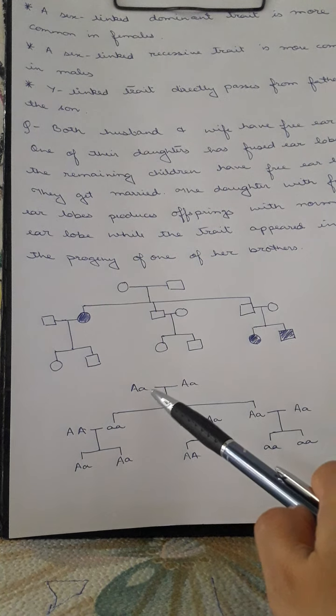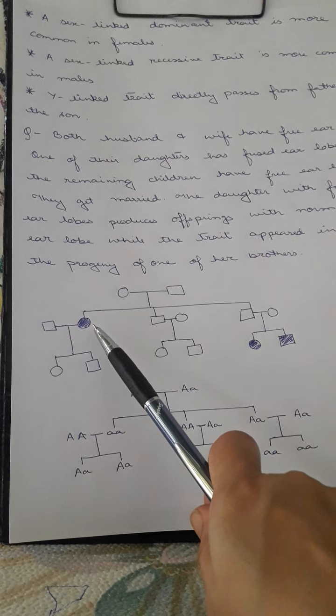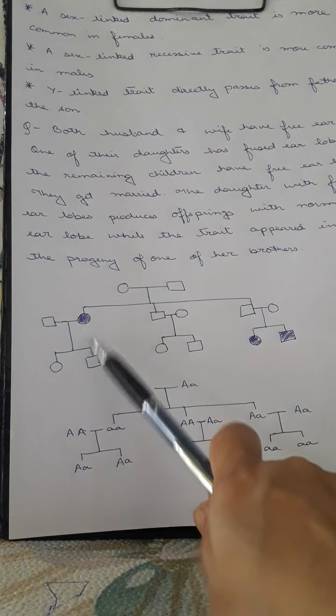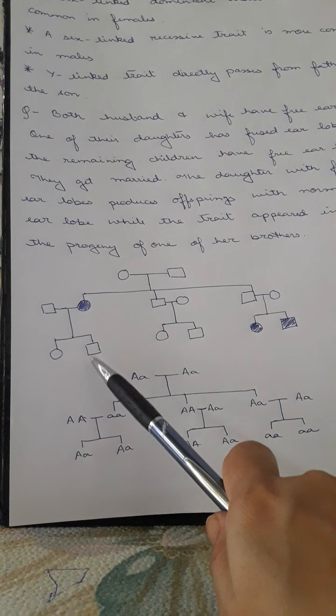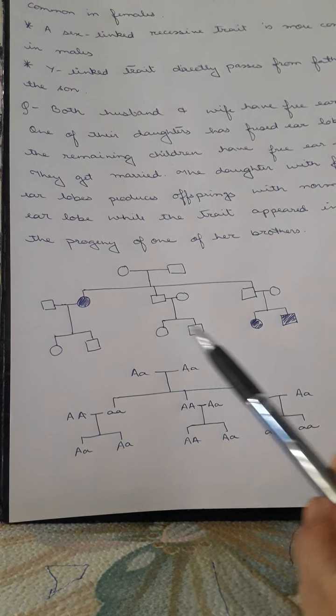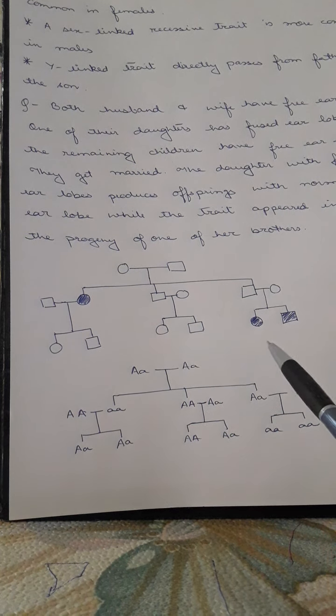Now whatever is given in the question, you first express it in the form of a diagram, and after that you systematically place the information there. Now see, the parents are normal, the daughter is showing the disease, so shade the daughter. She is married to a normal man, the offspring are normal, okay. Then her brothers and sisters are there, they are diseased individuals. Now as this is a recessive trait, we will put a small a here, got it. These are diseased individuals, small a is present over here also.